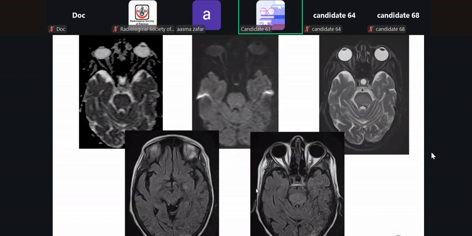In the FLAIR images, I can appreciate there is a hyperintense signal in the posterior occipital lobe on both sides, and some high signals are seen along the left white matter left side of the midbrain. So these changes are of posterior reversible encephalopathy, PRES, although